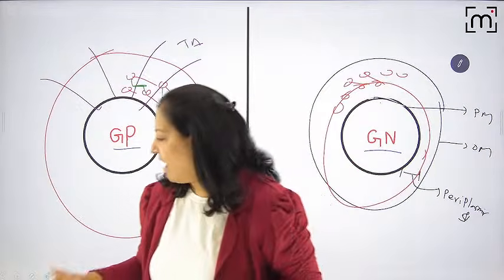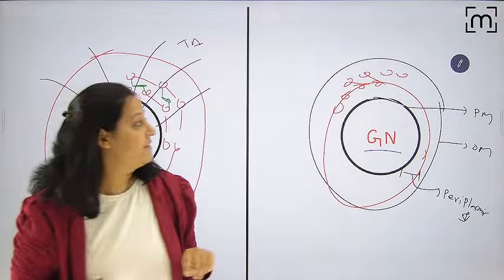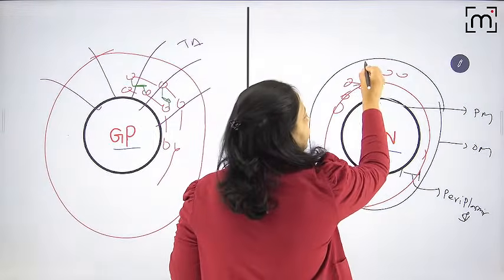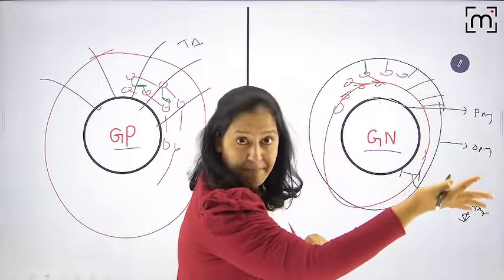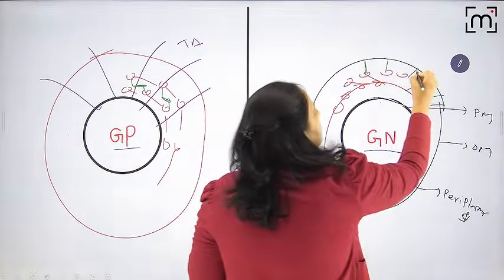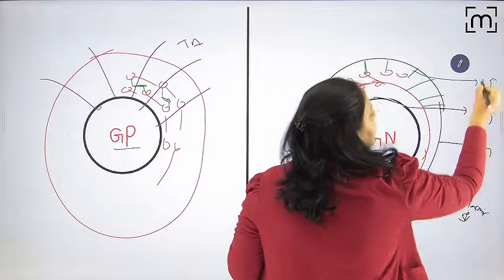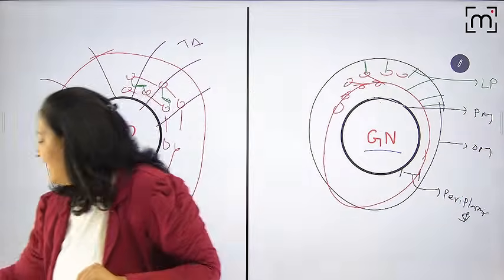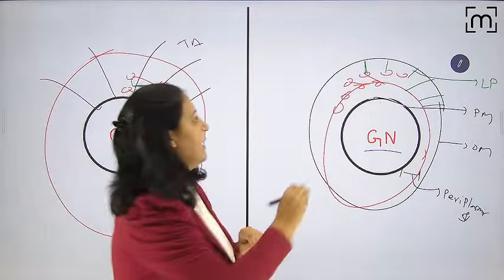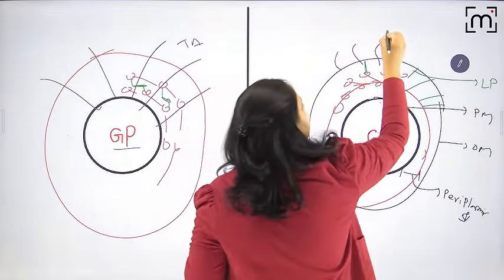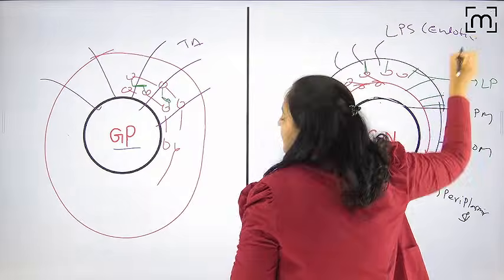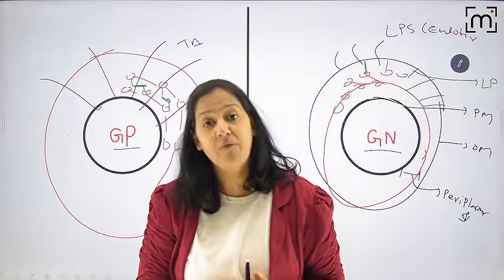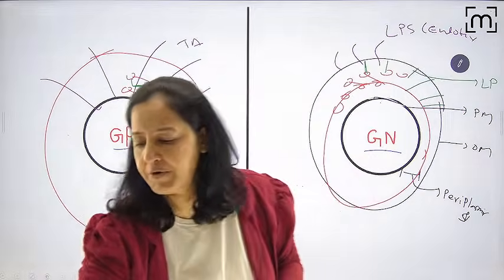Okay, got it. After that, there is a connection of the peptidoglycan with the outer membrane. The peptidoglycan gets connected with the outer membrane with the help of lipoproteins. What are these? Lipoproteins. And finally, the last thing, lipopolysaccharide, the endotoxin. This is lipopolysaccharide, also known as endotoxin. So this is the structure of the cell wall of gram-negative bacteria. I hope everyone got it.